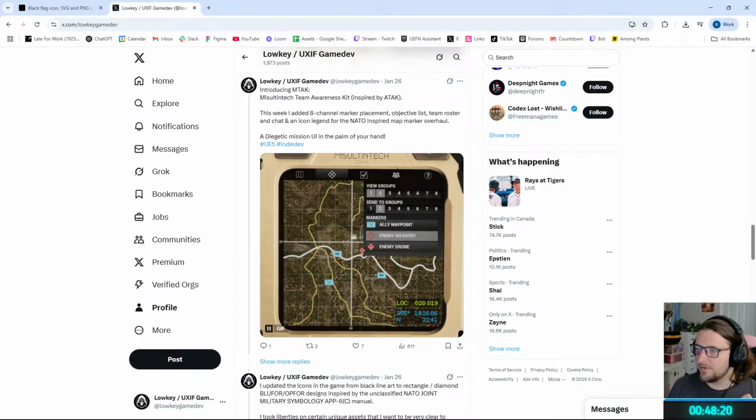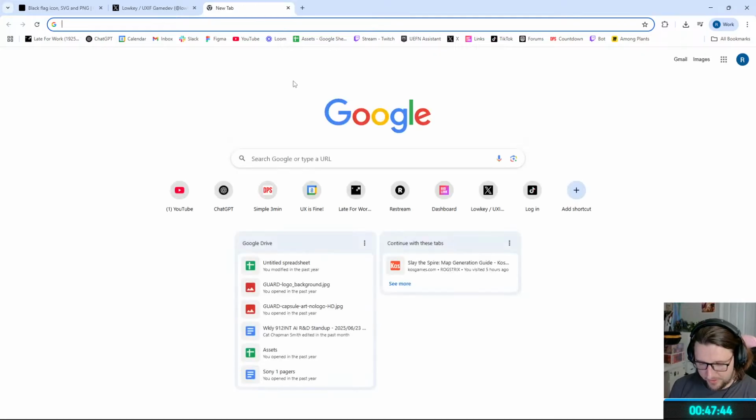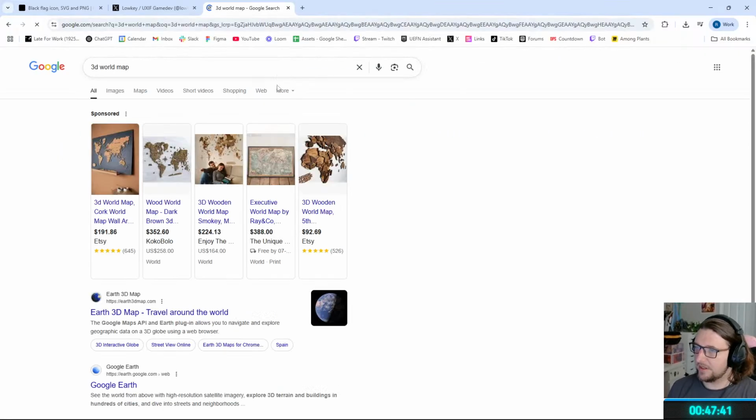So if it's more for like a visualization, like a VFX, I would have some fun with just one massive render texture that's just an 8-bit single render texture of something like 1024 that just captures the whole world, depth only, and then you take that depth and you turn that into like a vertex world position offset, like 3D. So if I show you something here, 3D world map,